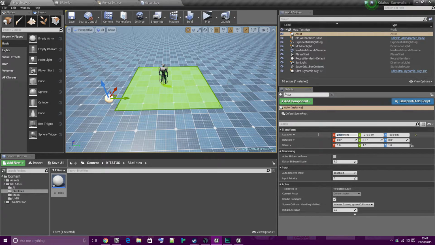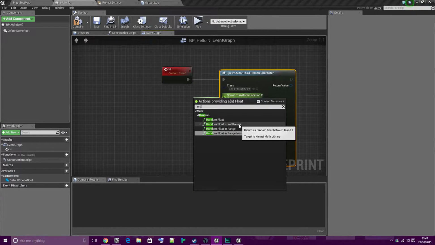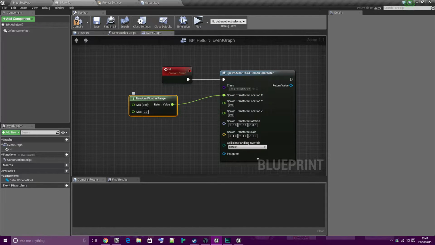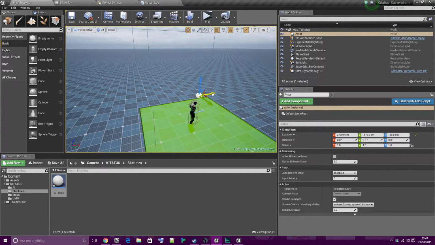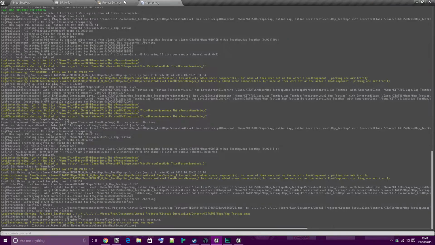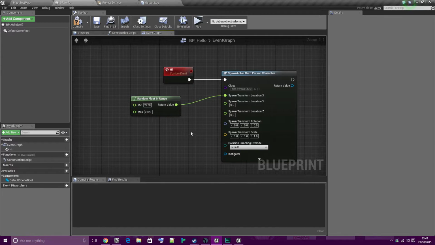So let's say the minimum is, if we go back now, random float in range. So the X, the minimum can be 270, and I did that totally wrong. The minimum can be 270 and 2720. That's very confusing.